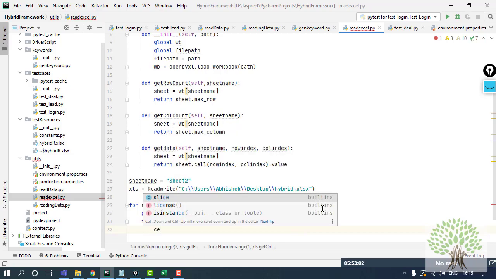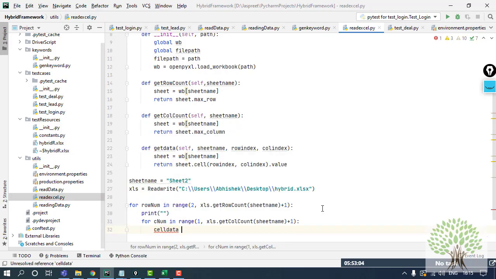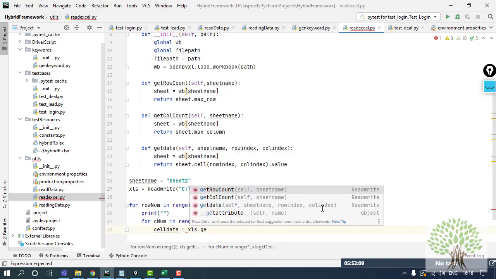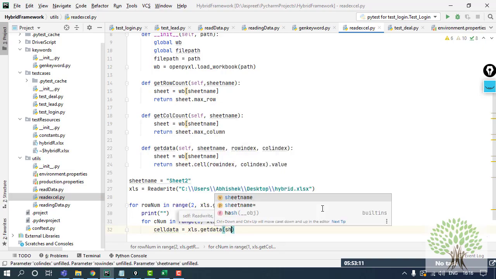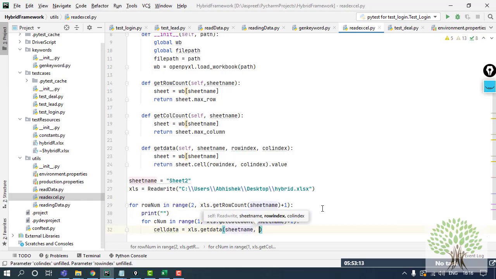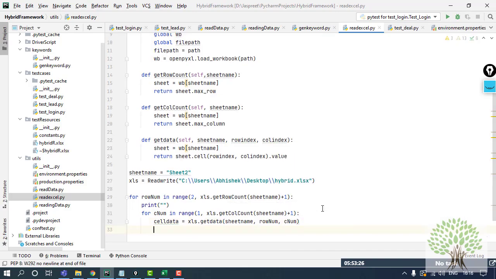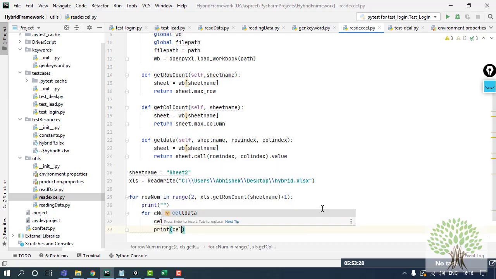And over here I just need to call the last function that I have made, xls.get_data. To this I need to provide the sheet name, the row number that is coming from the counter variable row num, and the column number. And I simply will be printing my variable cell data.